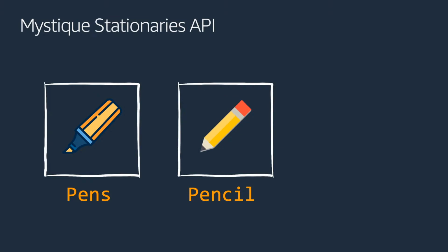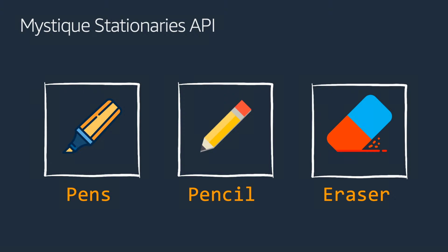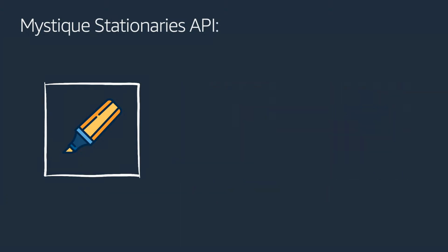Likewise, our Stationaries API will also have some stocks about pencils as well. And you have quantity, you have price, and then whether it is available or not. All those kinds of metadata will be there. And likewise, we will have another category called eraser. So basically our Stationaries API will have 3 categories: pens, pencils, and erasers. So these are 3 categories. So whenever we are going to talk about a pen, let us take this as an example, and we will be doing this for all the 3 categories.